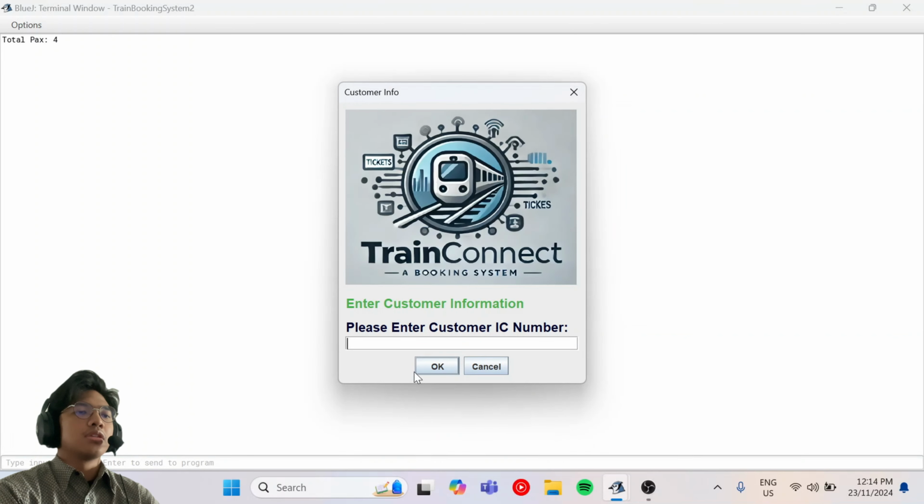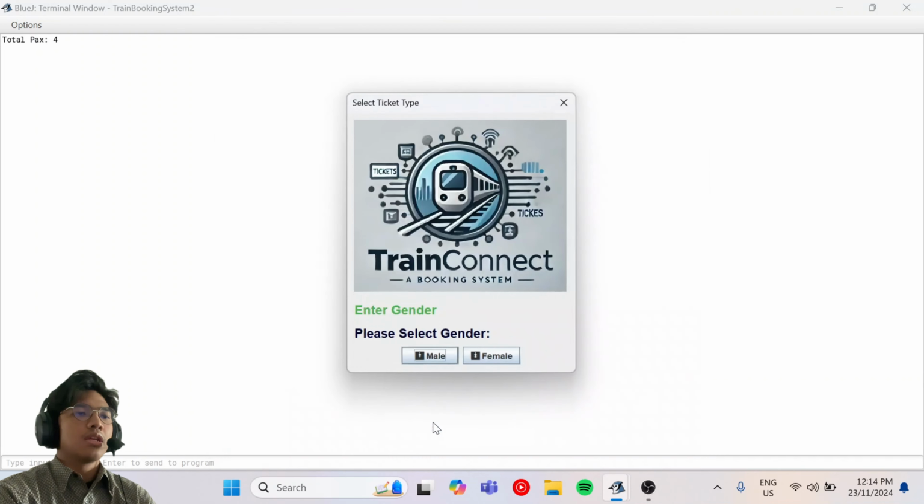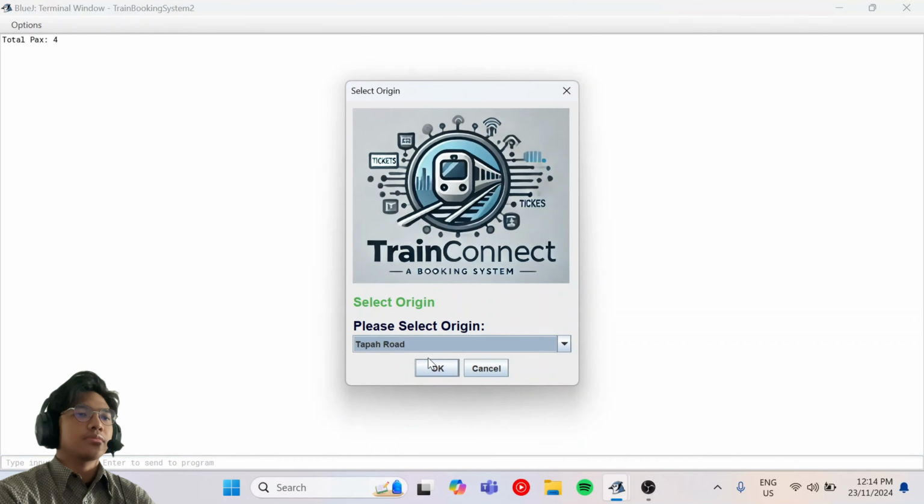and then enter customer one IC, and then enter the customer age. And this age is important because the ticket category is based on the customer age. So for example, we enter 20 years old, and then need to select a gender, male or female, and then